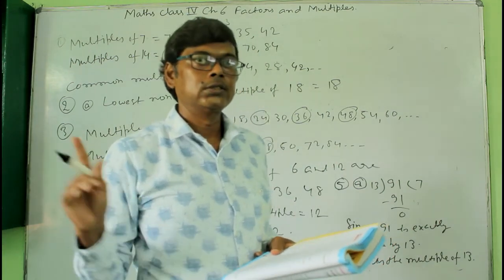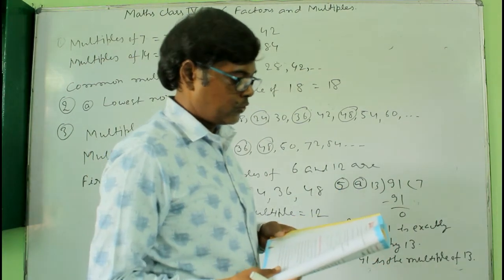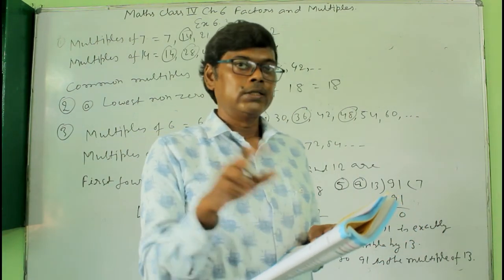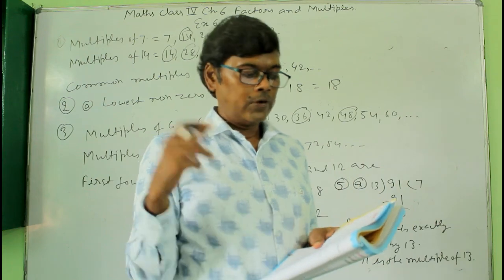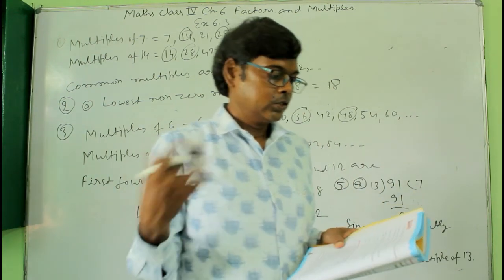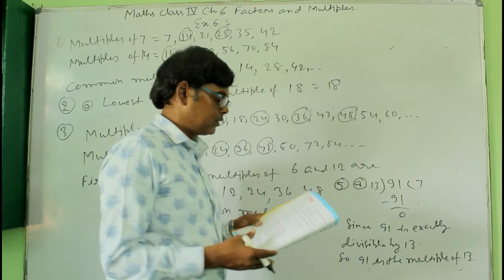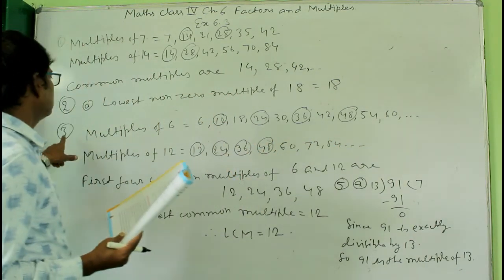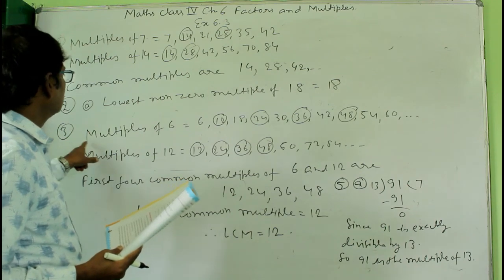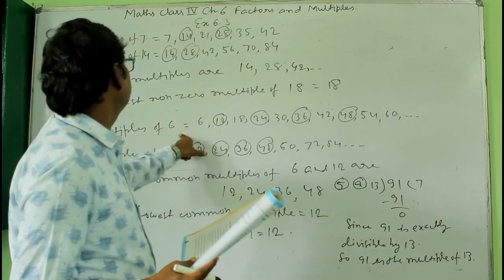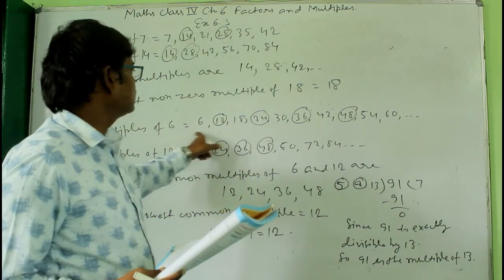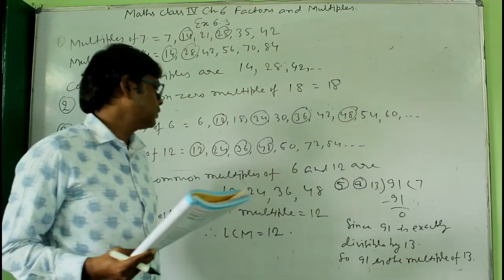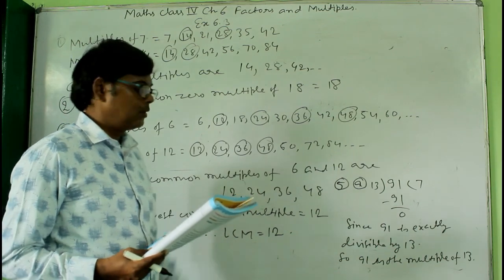Now the question number 6. From the following. Okay, so here I have already found the LCM in question number 3. See question number 3. Here I have found the LCM of 6 and 12. So in the same way you can find the LCM of these. I will just explain how to do it. You will write the multiples of 4 like here 6, and also the multiples of 12, and then you will find the common multiples, and then you will write the smallest number as the LCM.